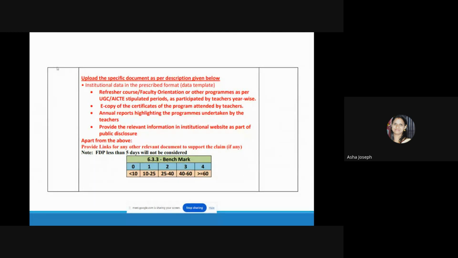Okay, so as participated by teachers year-wise, again you need to mention. An e-copy of the certificates of the program attended by teachers. So this e-copy of the certificates will be given to the teachers only on completion of the program. And then other supporting documents we are supposed to show are annual reports highlighting the programs undertaken by the teachers, and any other relevant information in the institutional website has to be displayed. And